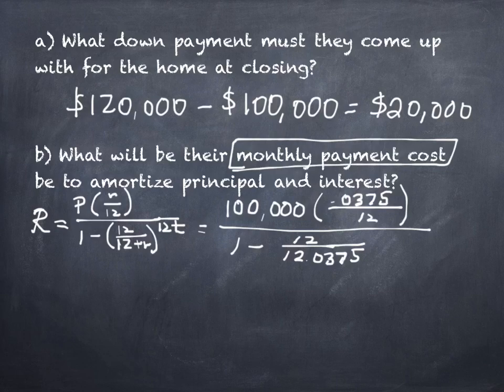Are we okay with the fact that I already added that together? Now all of that 12 over the 12.0375 is raised to a power. Part of it's 12. 12 times what? Time in years, which is 20. Yes, you guys got it. Good. Okay, now just like I said, we're going to break this down into chunks, and we're only going to do one chunk at a time.